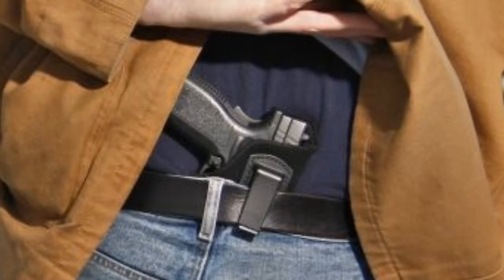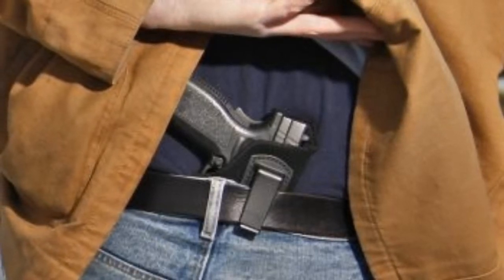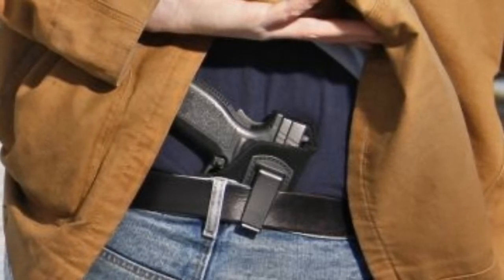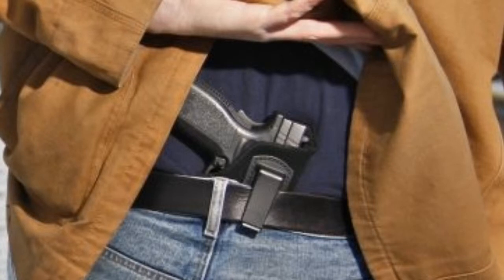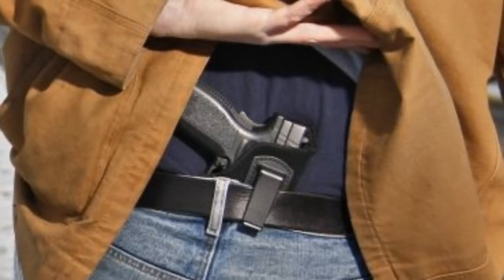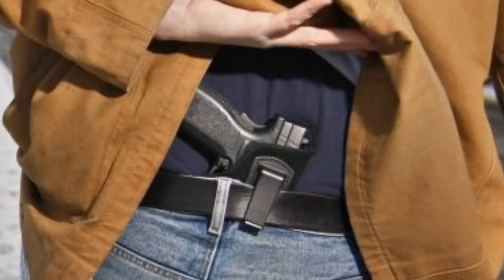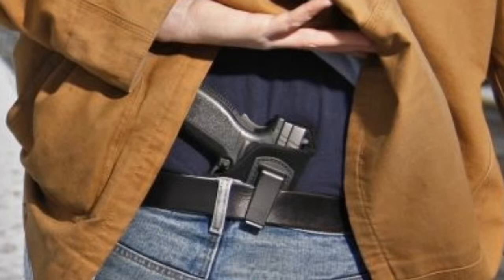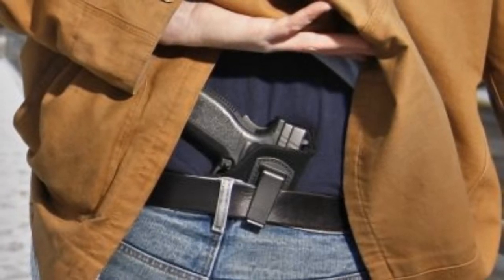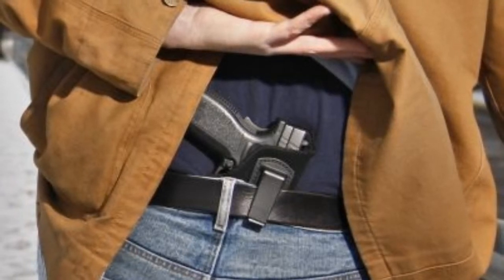You must not be prohibited from purchasing a handgun under federal law. You must be a resident of Nebraska, submit 2 sets of fingerprints, pay the fee, obviously, demonstrate that you have the same eyesight required for a Class O driver's license, show proof that you have completed within 3 years of application a safety firearms course, and then there's a bunch of different options as to how you can show that,